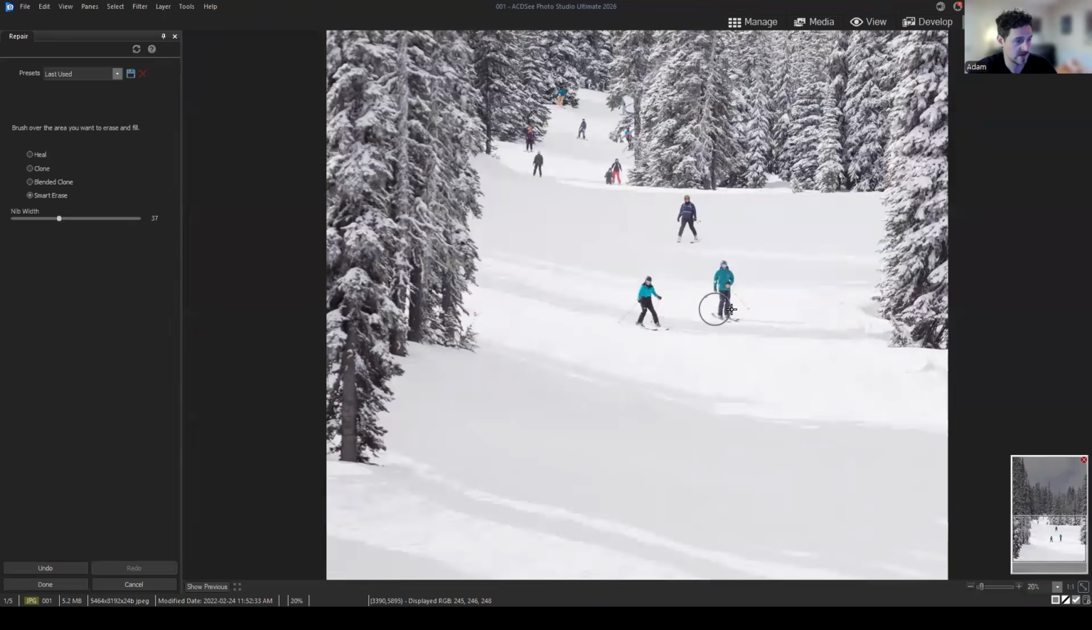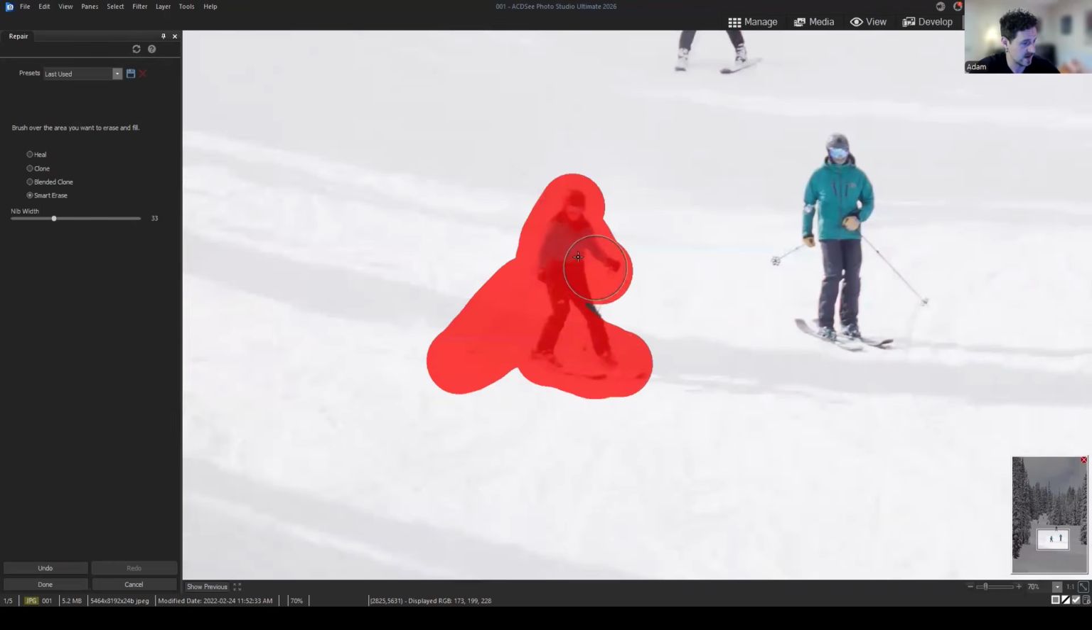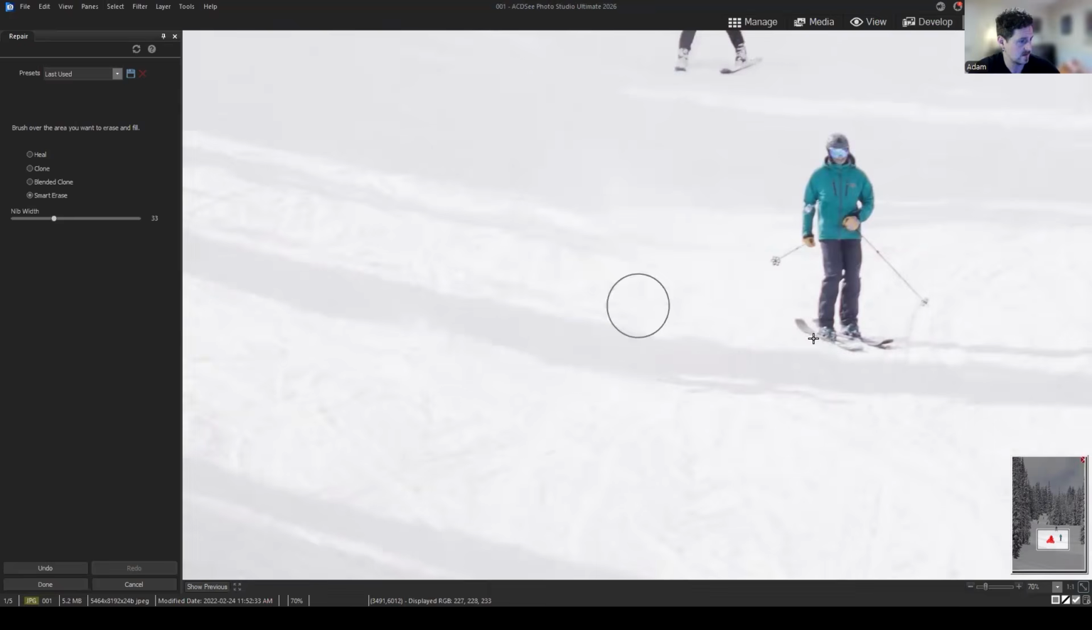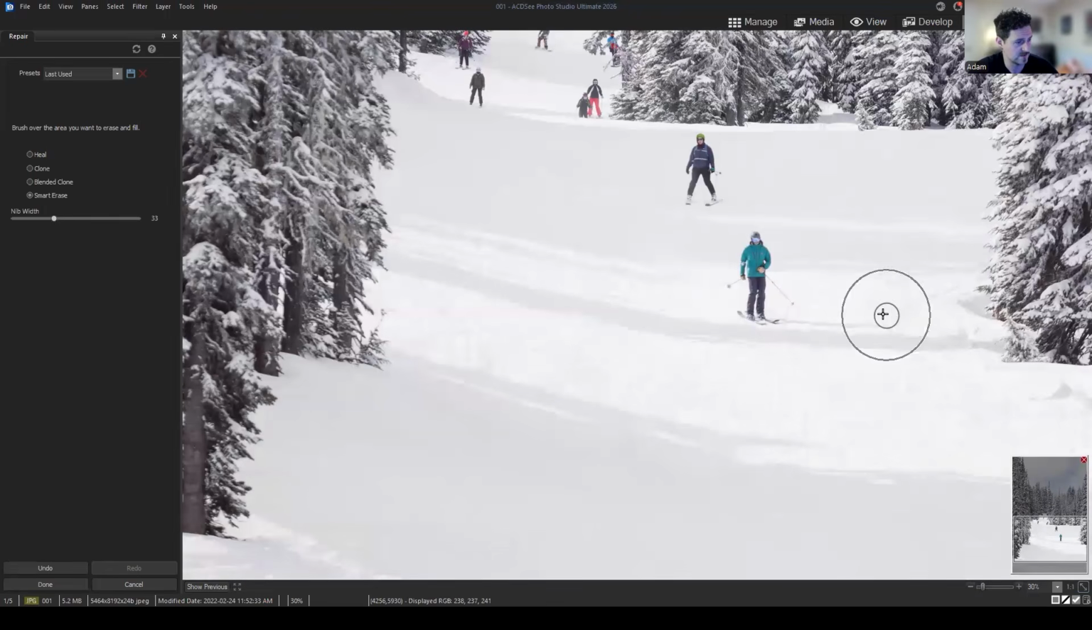And I can go in and let's maybe apply this same Smart Erase function to other subject matters in our image here and see how it fills them in. Pretty good. Well, actually quite good in this section in comparison to the previous one. So all I'm doing here is